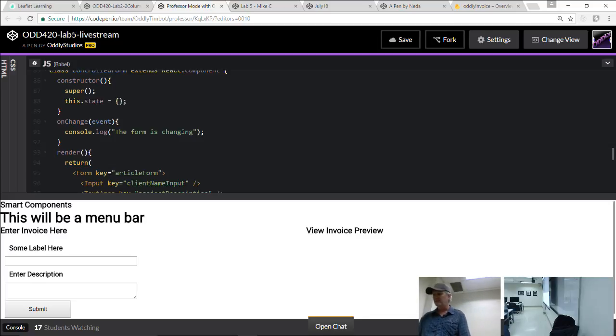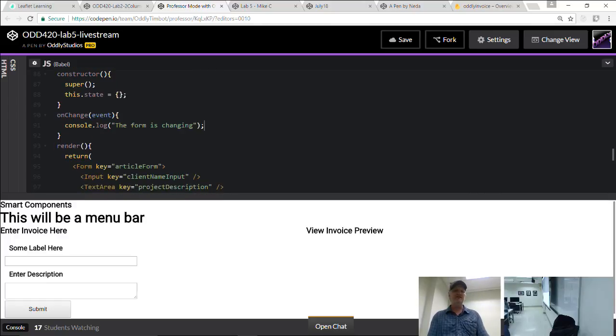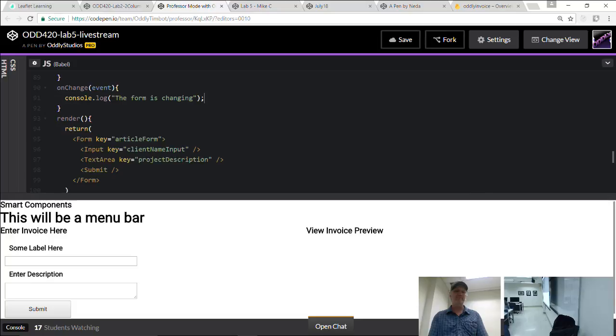Okay. Let's see if we can detect changes in our first input field. Here's how it's going to work. And this is a really important point, guys. Go down to your input field here, right past the key, and we're going to give it a new attribute. Here's how it's going to work. Follow me here. We're going to say action equals,